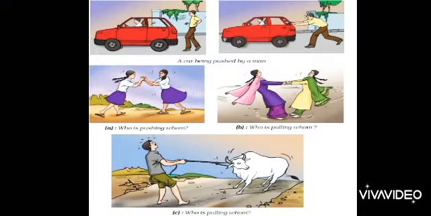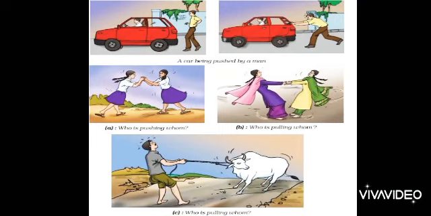Observe the picture. You can see a man standing behind a stationary car. No interaction, no force acts on the car. In the second picture, the man is pushing the car. Interaction occurs. A force acts on the car and makes it move. And in the third picture, you can see that two girls are interacting and applying force on each other by pushing each other.